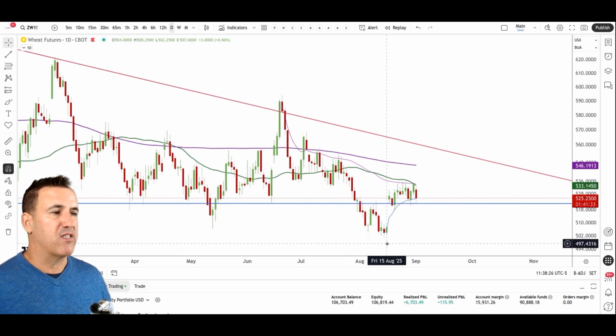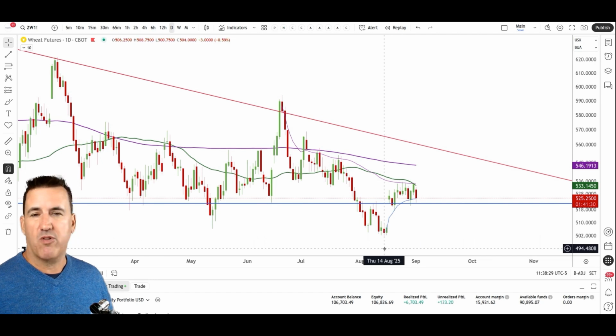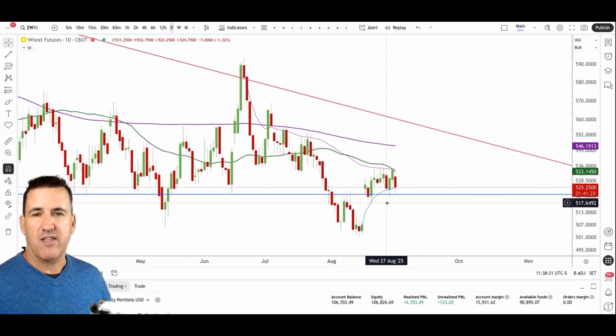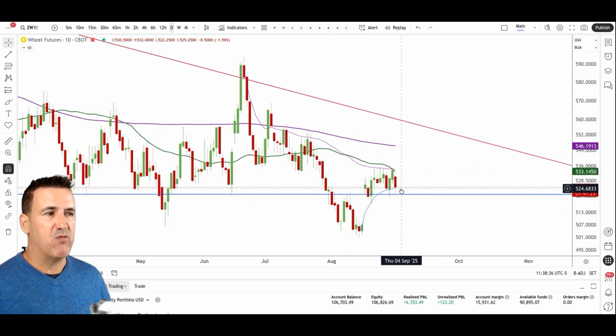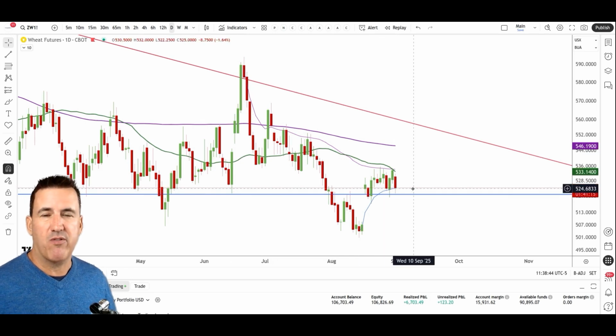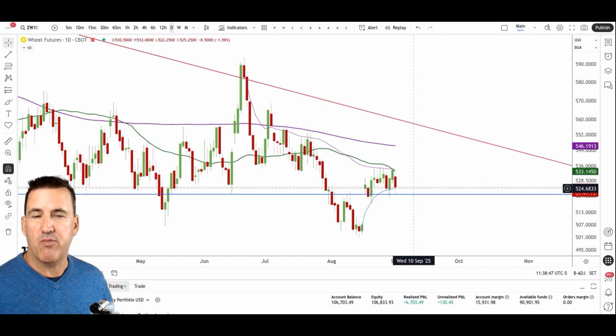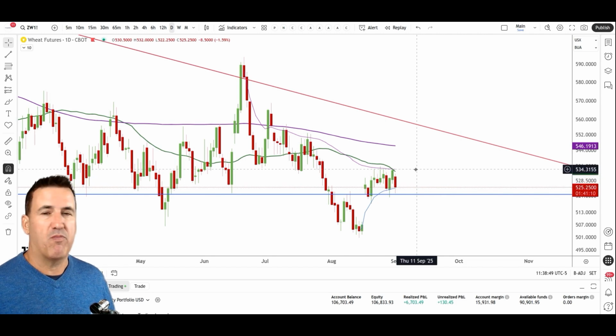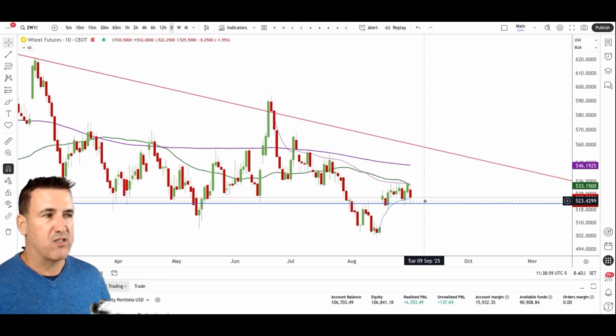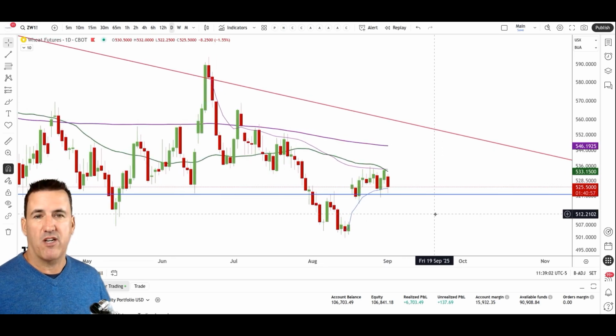This blue line is the anchored VWAP from the August 14 low. And that's been acting as what? It's been acting as support. So we're getting this pinching between these two VWAPs, the purple one from back in the June high and the August low. So one of those VWAPs is going to get broken. And either the buyers are going to win this little battle and we're going to push the price higher, or the sellers are going to win, and we're going to break below this 520 level, and the price is going lower. So it's a very interesting level for me.